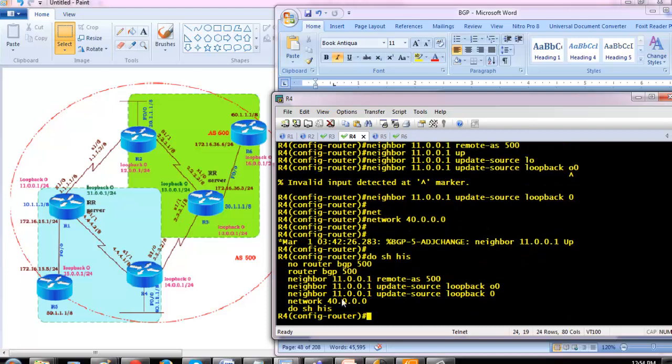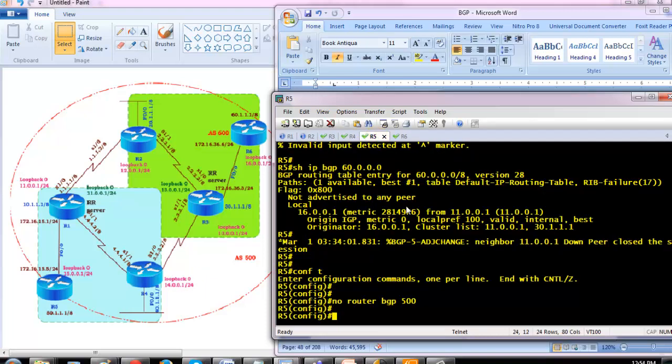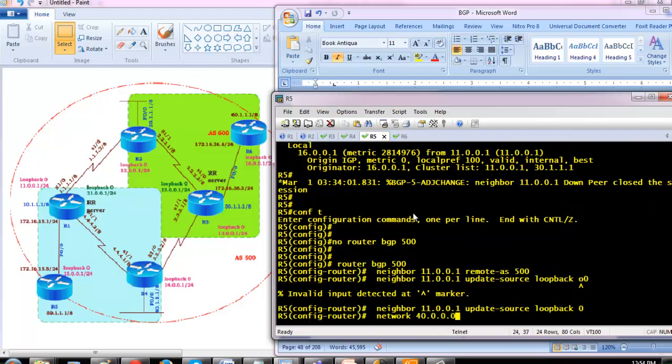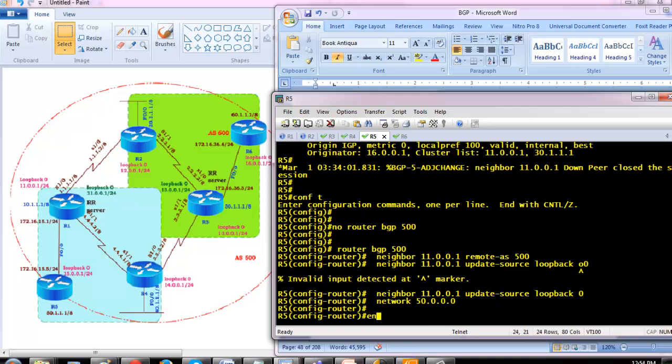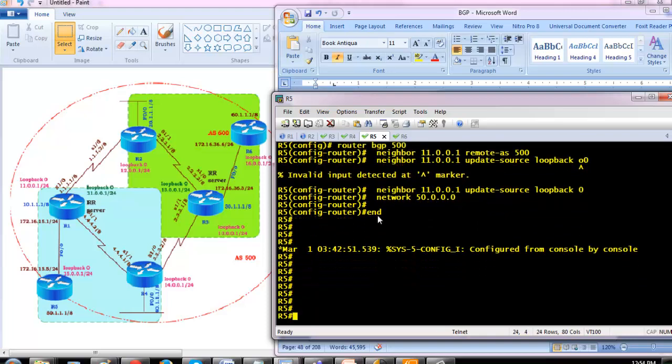Done. Now you can see the neighborship comes up. Router 5 has almost the same commands, because router 5 also pairs with R1, but the network we need to advertise will be the 50 network. Apart from that, everything is the same.